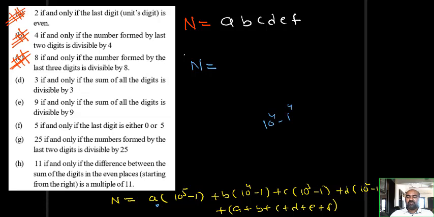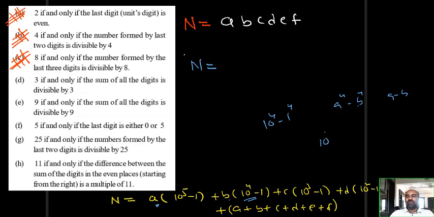a power n minus b power n is divisible by a minus b if n is even. So here n is even. So what happens? This is divisible by 10 minus 1 as well as 10 plus 1. But I want only 9, no? That's why I can say that a power n minus b power n is divisible by a minus b if n is even. So what I can say, this is divisible by 9 irrespective of B. 10 cube minus 1.